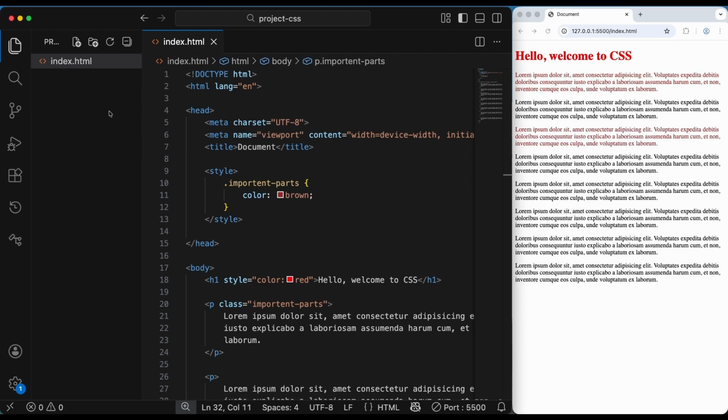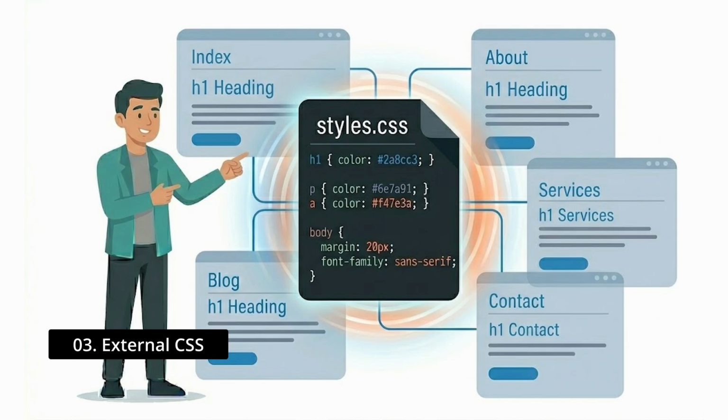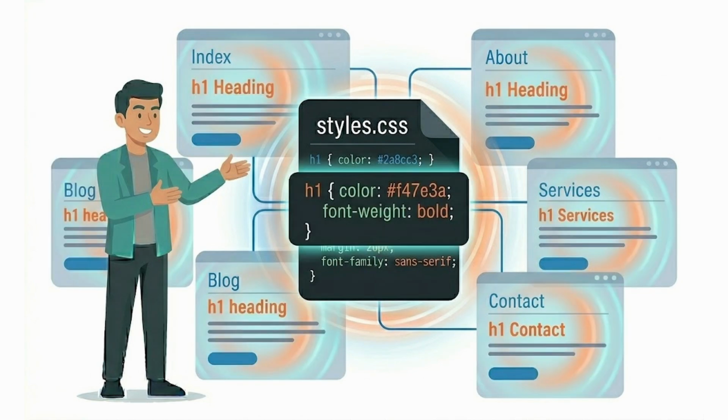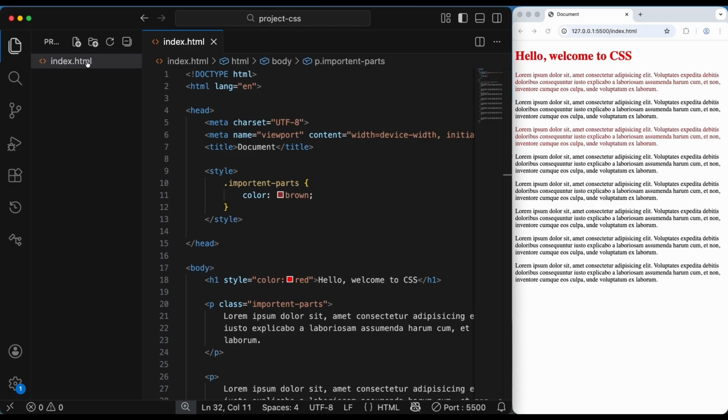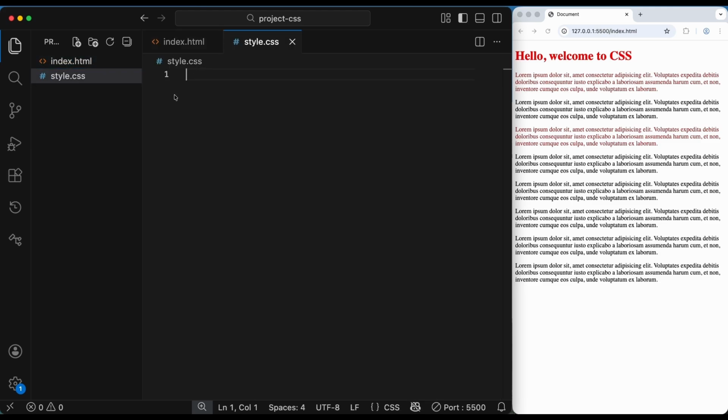Okay, now let's go to external CSS. External CSS means we write all our styles in a completely separate file, and that file will end with .css. Here the file ends with .html, and the CSS file will end with .css. So how do we do that? Let's click this file icon, and here I will name this style.css. Press enter. Okay, here we have the style file,